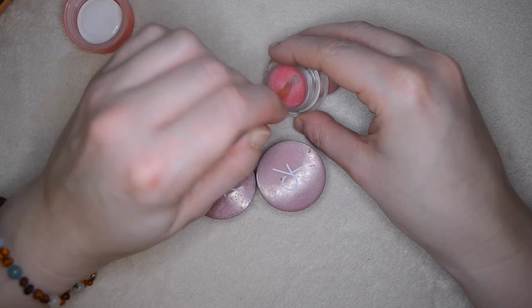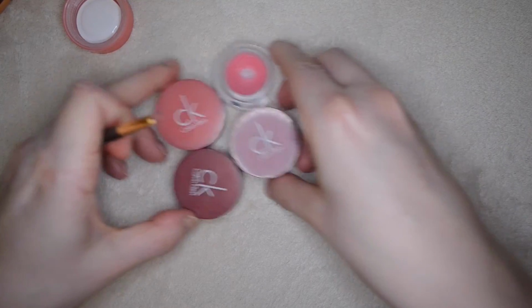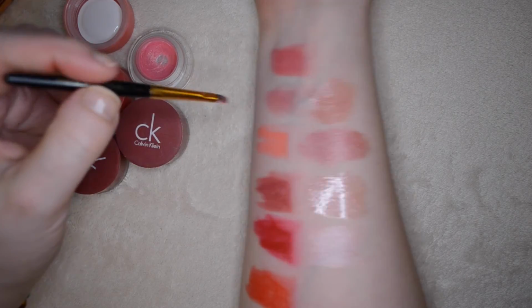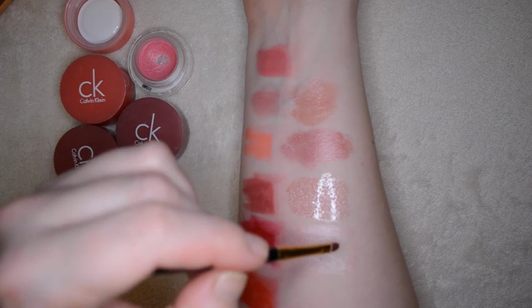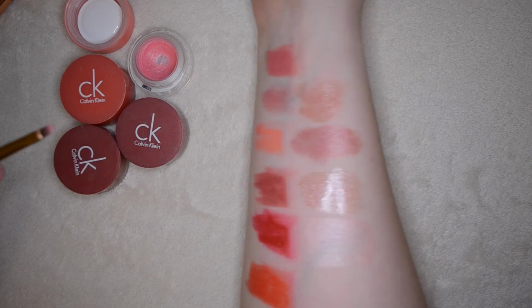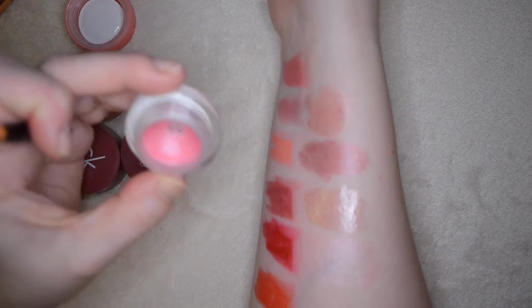I featured these in my lip care video, I think it was, which is from quite some time ago now. They're gorgeous. A real pretty sheen of colour. I really hope that this is picking up. Although I did wear that pink one to death, it's not really one of my favourite colours anymore. It's funny, isn't it, how your tastes change quite a lot. You can see how sheeny that is. But yeah, I literally haven't picked that up for such a long time. So you're going to be going...